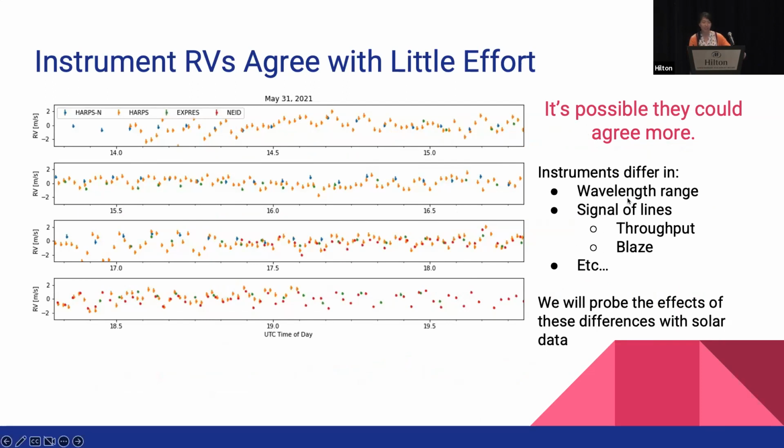And there's an infinite number of other ways that instruments will change. One pixel will be good on one instrument, maybe a little bit less good on other instruments, et cetera, et cetera. And so depending on how low you go, you could continue to list all of these different changes that might affect the RVs. But again, big plot, most of them are doing well. And so it is worthwhile to compare data from different instruments. And the differences in the instruments, even though we can't even enumerate all of them, is something we will be able to probe with the solar data set that we currently have and are collecting.